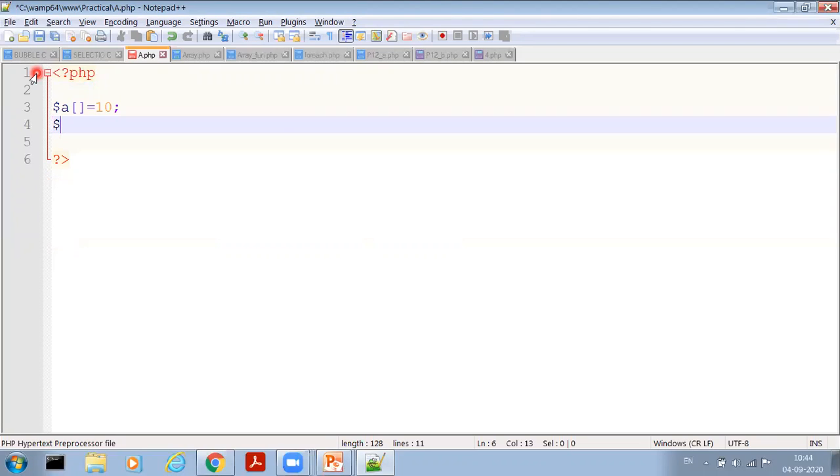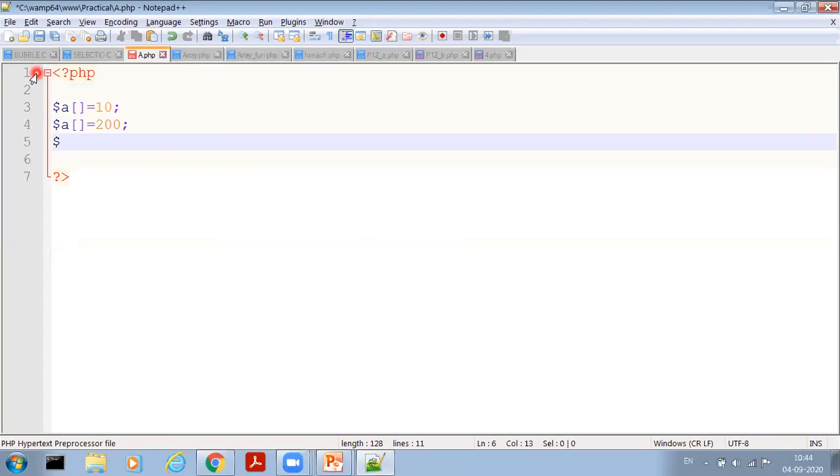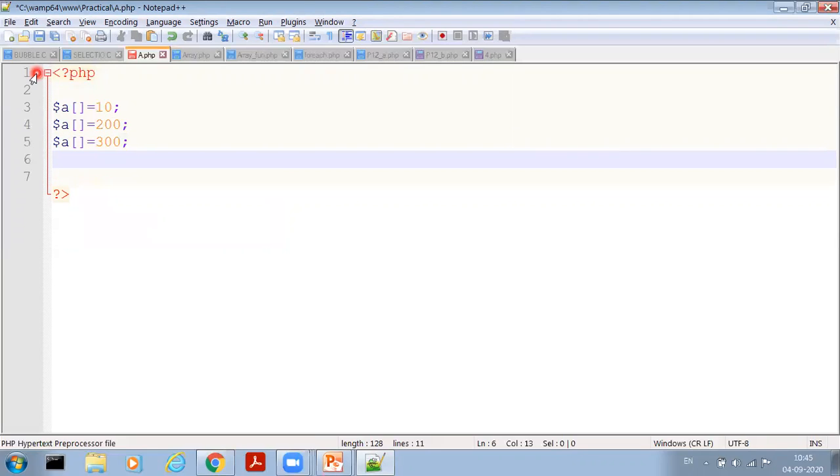Now again declare variable a with value 200. Then declare again a third variable $a bracket equal to 300. This array A contains three values 10, 200 and 300, and this array name A is declared using an array identifier.